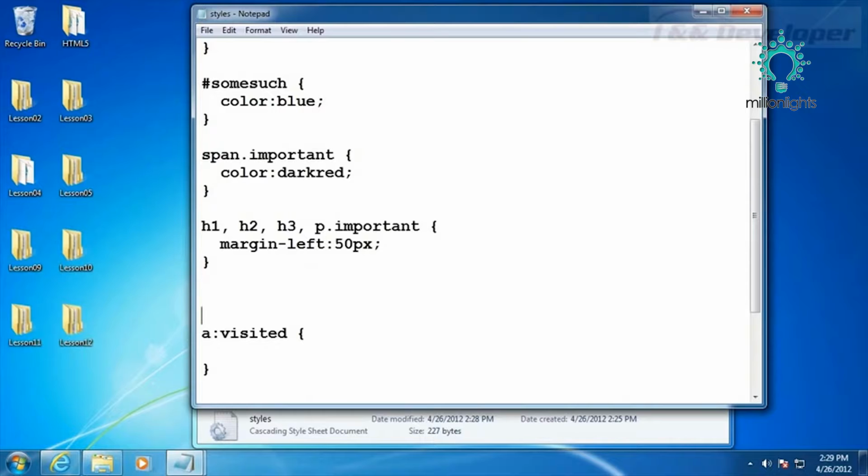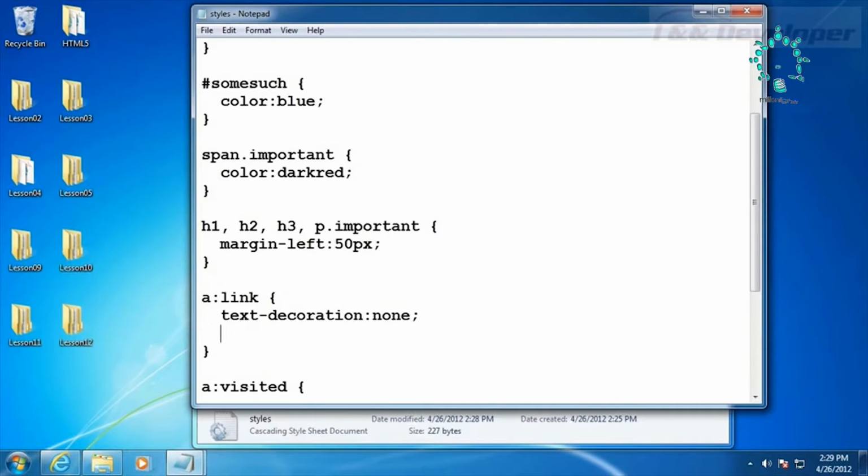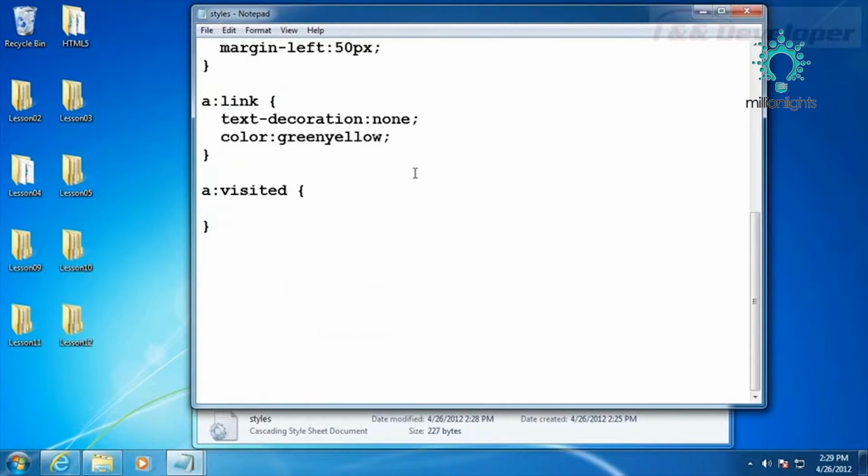Let me start up here with a. So this is a hyperlink that's not been clicked yet. So we'll go text decoration none, and then we'll color it green yellow, which is one of the default colors. Then we will go